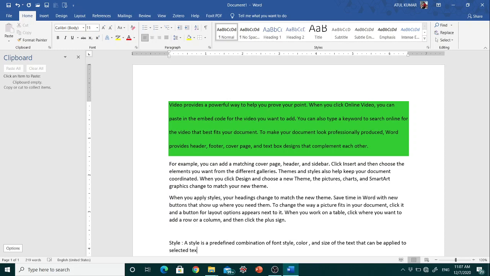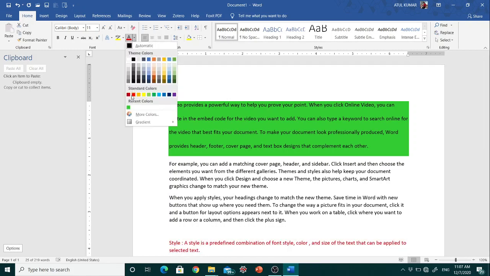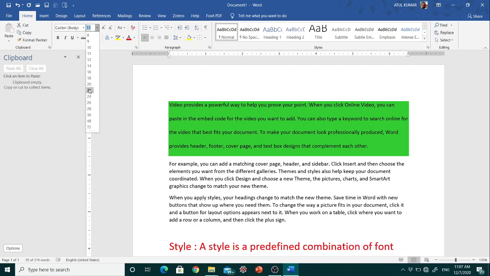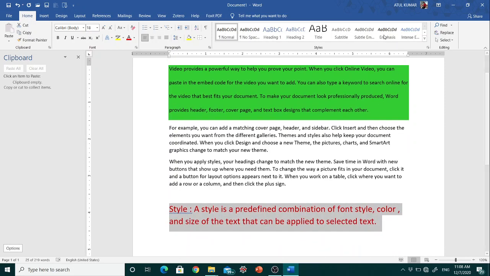So this one is the definition of style. If you want to give the definition of style, so what is the definition of style? Styles are basically the predefined combination of font styles, colors and the size of the text that can be applied to the selected text. So here in Word we have different kinds of styles available in the style group, and to apply